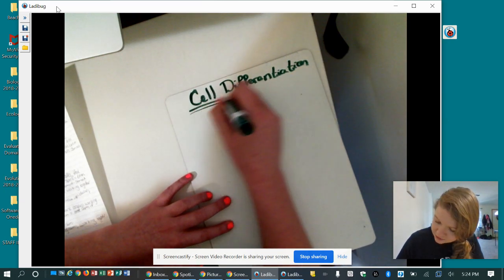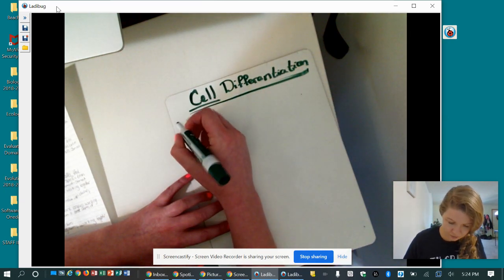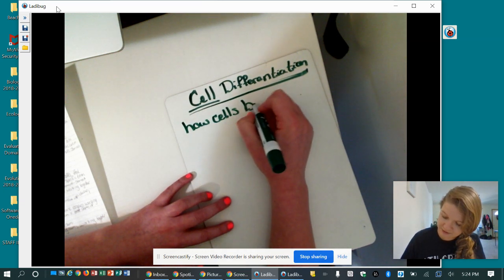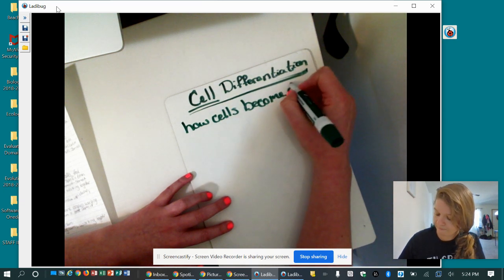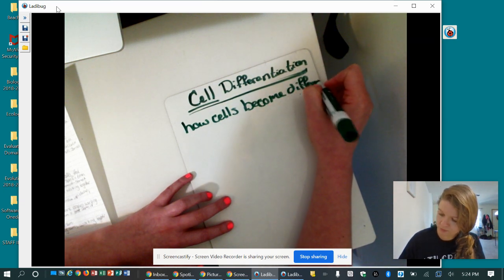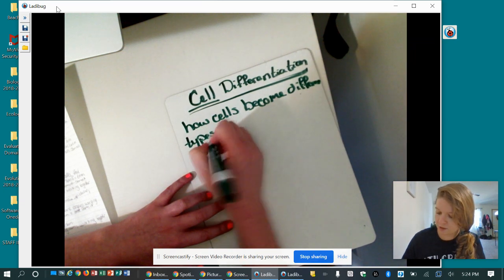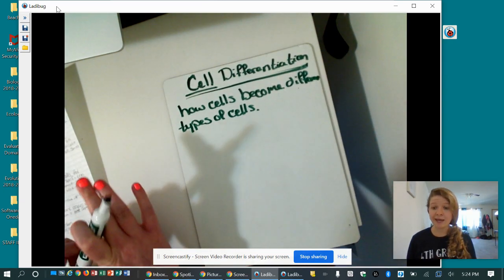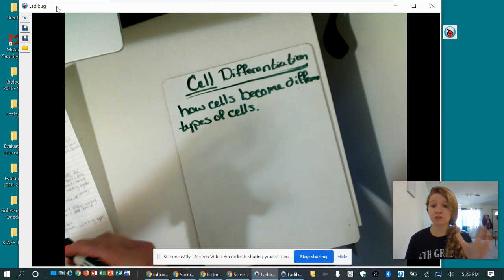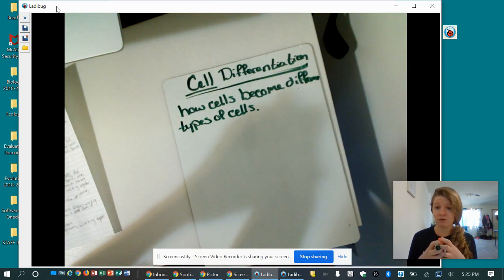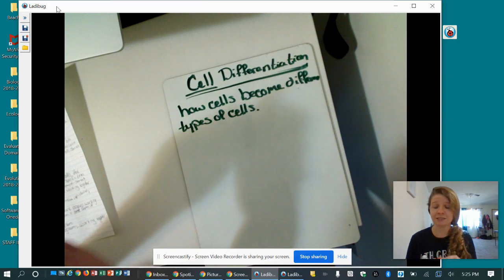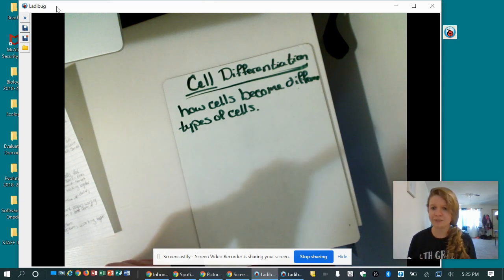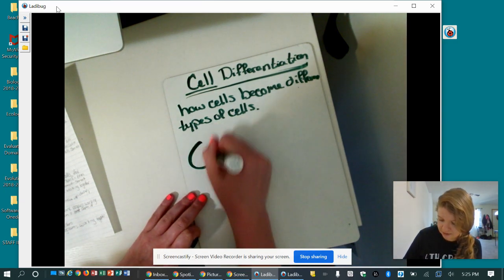Cell differentiation is simply how cells become different types of cells. So cell differentiation is what happens after fertilization. After the sperm meets the egg, there is a zygote formed, and this zygote is formed of many cells. These cells are what we call stem cells because they can stem out to be a whole bunch of different types of cells. So you have your stem cell here